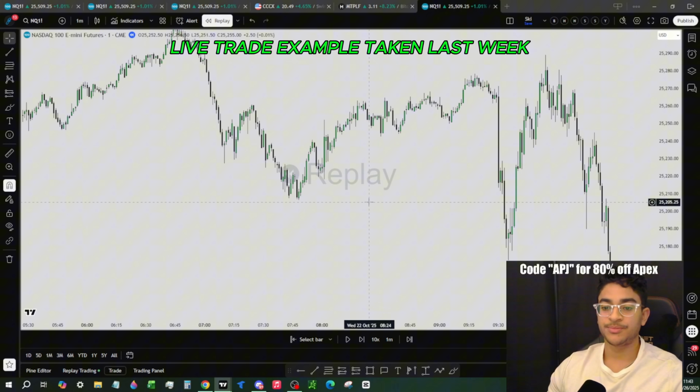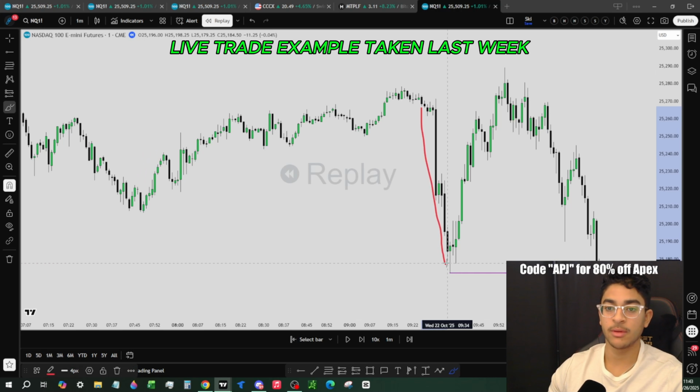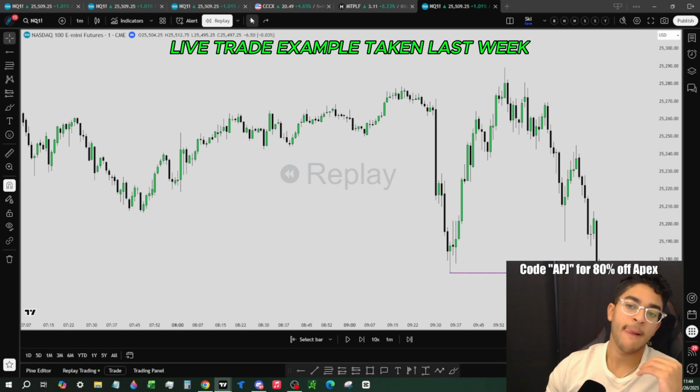So what do we see? We see New York low down here. That's our higher time frame draw, right? Being that price has shown a tendency. So we came down, right? We came up, swept high of day here, and then we're coming back down. So this is sort of some seek and destroy price action, which is just taking out opposite ends of a range. So we have our draw here. We have a bearish trend already established. We do get that 1-minute inversion.